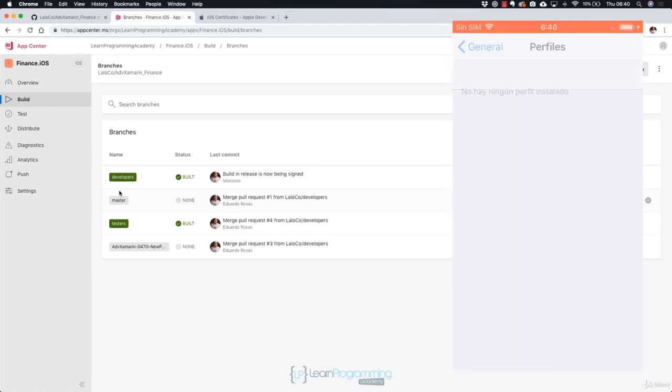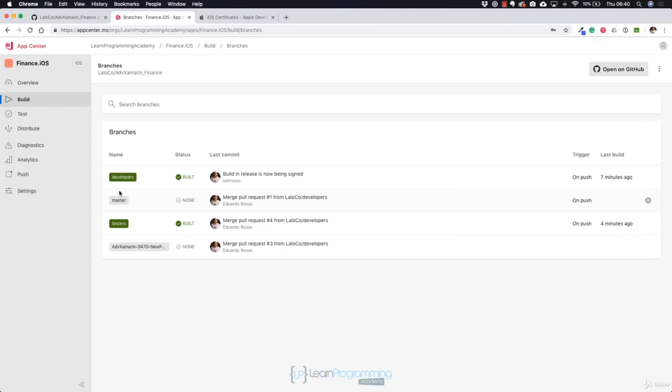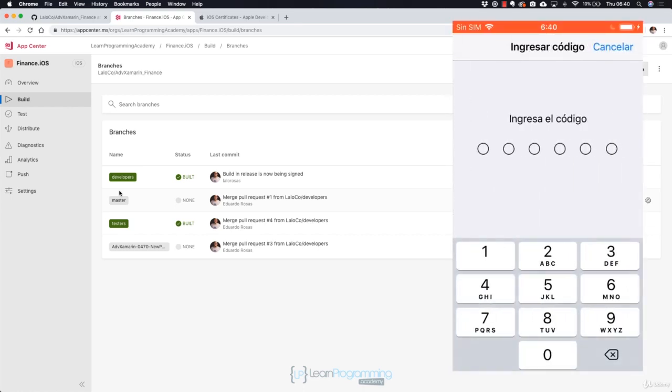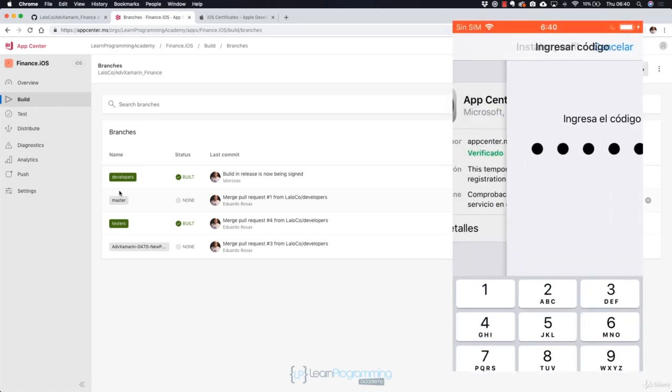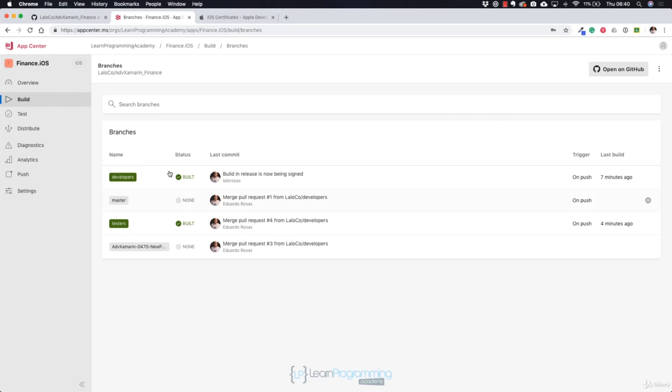And this phone is actually in Spanish, but this is just telling me that we are going to be installing a profile. Hit on install, going to enter my code, and this is going to go ahead and install the profile. Now this phone already had that profile, which is why I didn't see this prompt at the beginning. But let me pause this for a second and show you that over here on the App Center in